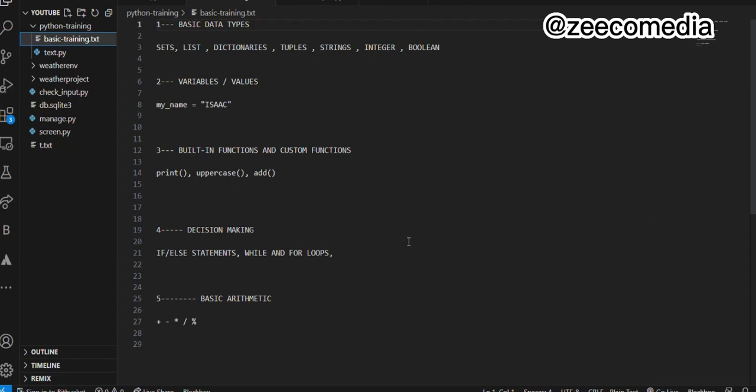Either the OOPs, or moving into the field you're really passionate about: web apps, web developer, software developer, mobile app developer, or any kind of field you want to dive into from Python. Because as a Python software engineer, I can try to move into mobile apps using Flutter. Flutter is a cross platform